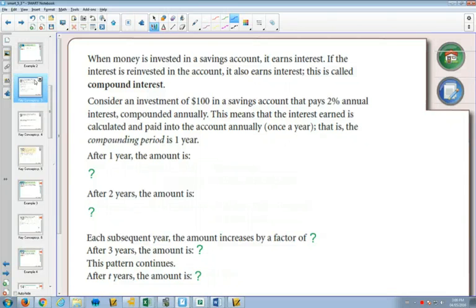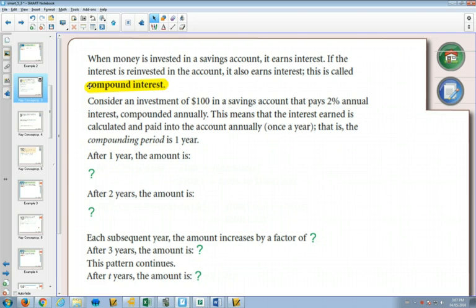We are going to look at a couple of applications of exponential functions. The first one that we're going to look at is compound interest. So you put money away in a bank account, and if they give you an interest rate, you're going to make money on that. So here we have a little example which says you have $100 and it gets 2%